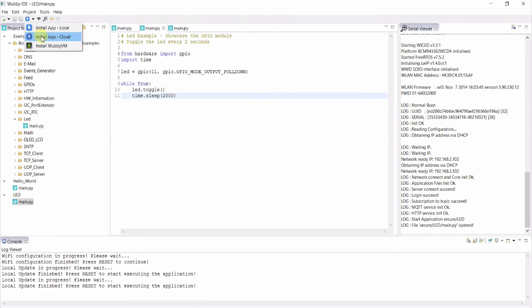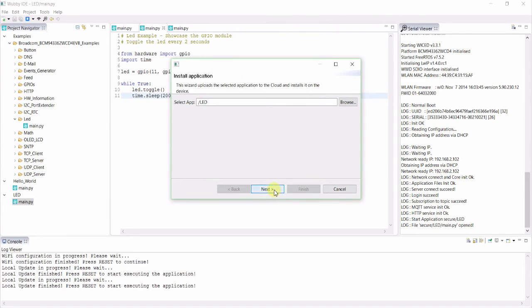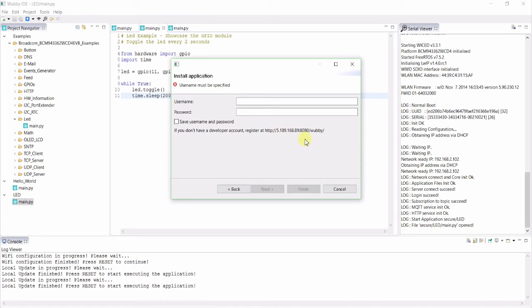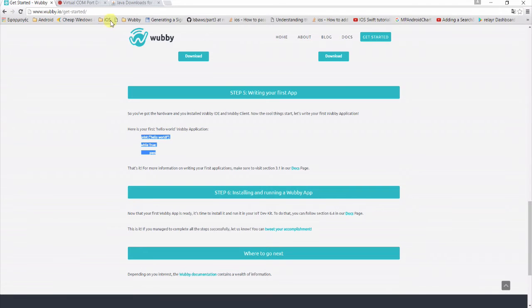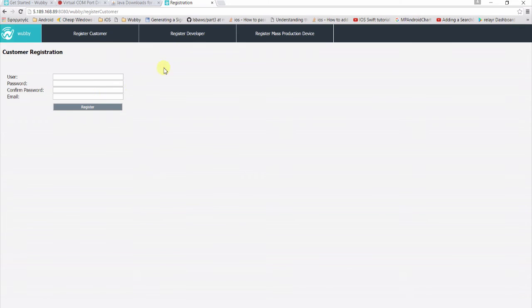Now let's reinstall the application using the cloud method. After selecting the application, we need to provide developer credentials so that the application can be installed in the cloud repository of a specific developer. We already mentioned earlier about the different user roles in Wabi Cloud, so make sure you have registered as a developer in order to be able to install applications over the cloud from the Wabi IDE.